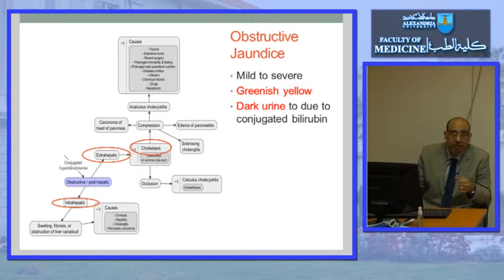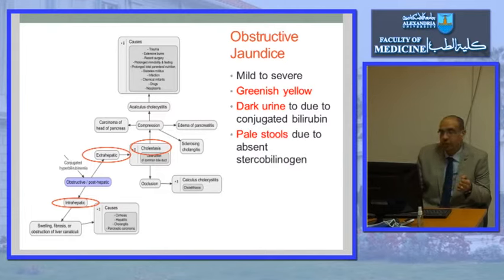What is meant by that? That conjugated bilirubin is water soluble, so it can be excreted in urine. So in the case of obstructive jaundice, when there is increased conjugated bilirubin, we will find conjugated bilirubin in urine. But because in obstructive jaundice there is obstruction and inability of the bile to reach the duodenum, so it